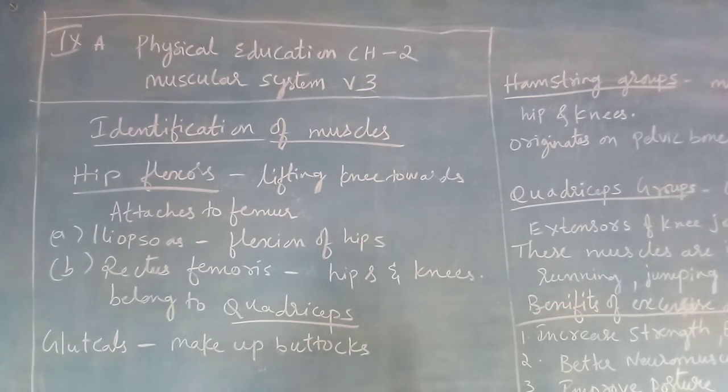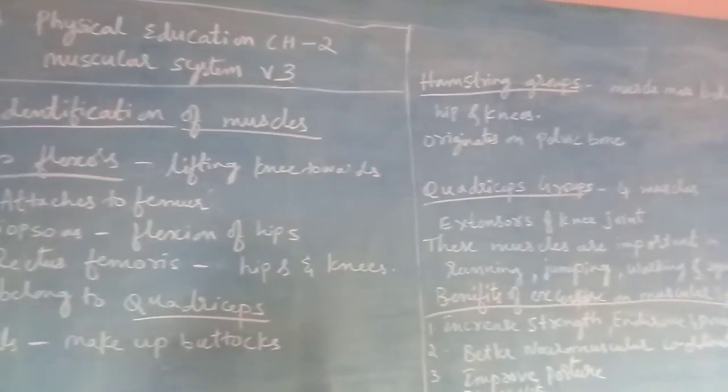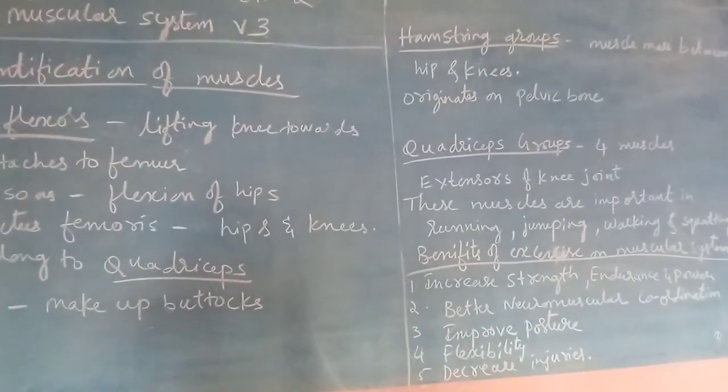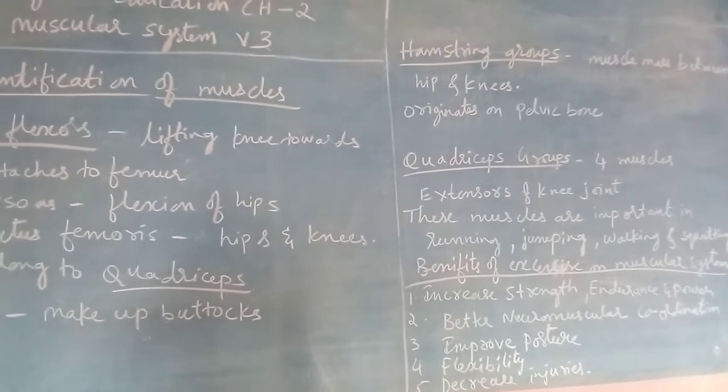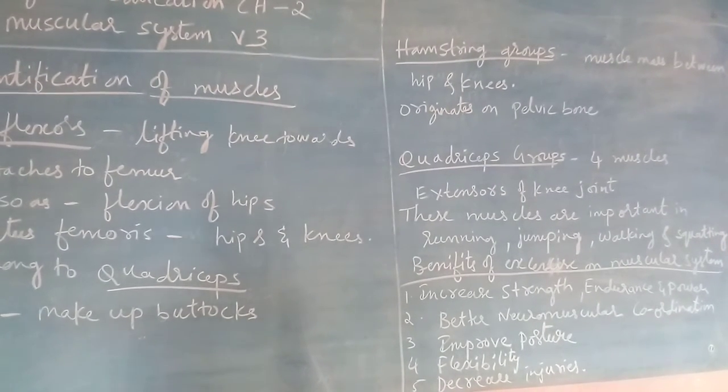So the next muscle is the hamstring group. You can see a lot of stretching exercises come under this hamstring group. The hamstring stretch is a stretch between the hip and the knees. Between the hip and the kneecap there is a long muscle, right, in the knees. So that extension involves those particular muscles located between the hip and the kneecap. Those muscles we call the hamstring group of muscles. Where do they originate? They originate at the pelvic bone.